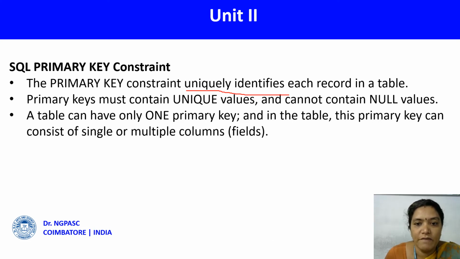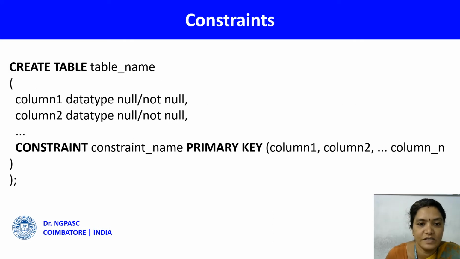So similarly, wherever you are using a column as an identification, I can set that column as a primary key column and define the primary key constraint. Here, a primary key must contain unique values and it should not have any null values. Remember, a table can have only one primary key, and it can have any number of not null constraints. Here is the syntax for how I can add a primary key to my column.